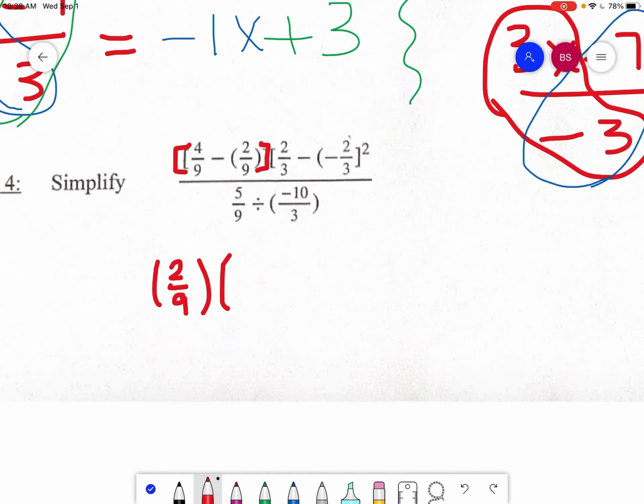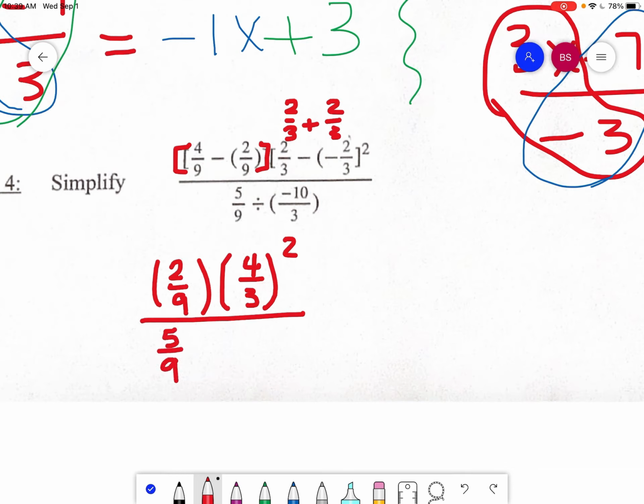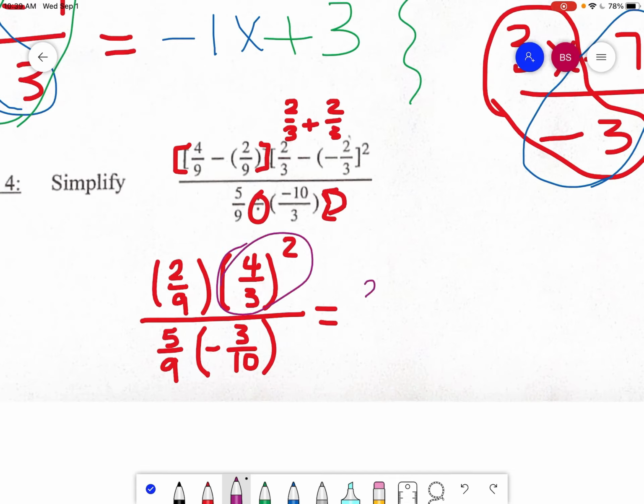All right, next parenthesis is 2/3 minus negative 2/3. So this actually is 2/3 plus 2/3, which is 4/3. And then that's supposed to be squared. All over 5/9 divided by, well, when it's divided by, I need to multiply it by the reciprocal. So I'm going to flip that to be times negative 3/10. Okay. All right, so I've gotten a little bit simpler. Let's do the next step. I need to square this. So 2/9 times 16/9